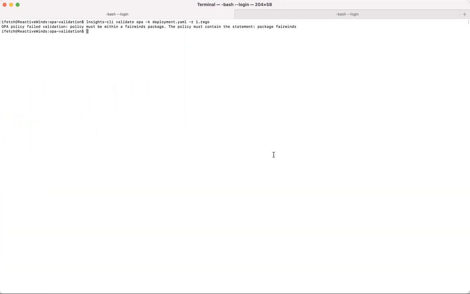And it's failing validation because of the package statement at the top. Here that's set to my company. And in the next file, 2.rego, I've corrected that package statement to be package fairwinds. If I validate 2.rego,